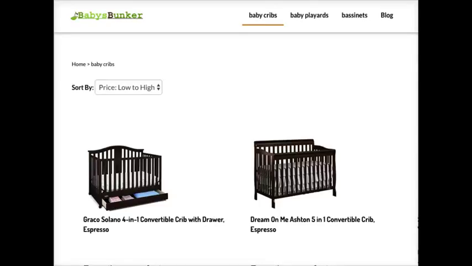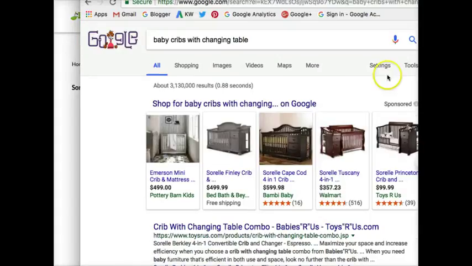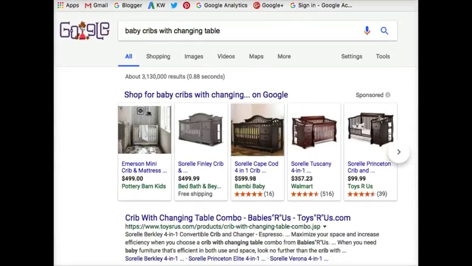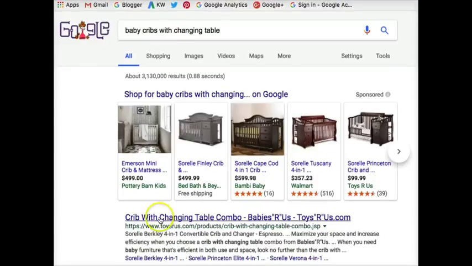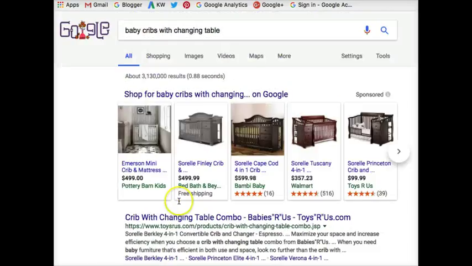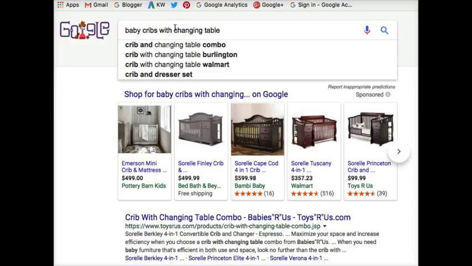All right, so back to the research that we were doing right here on Google. If we have this kind of a search going on, how does Google decide who to put in spot number one? How do they decide who goes there? How do they decide who's second best and third best and fourth? How do they decide the placements for all of these 3 million search results for this keyword phrase? So that's the next important thing to understand.